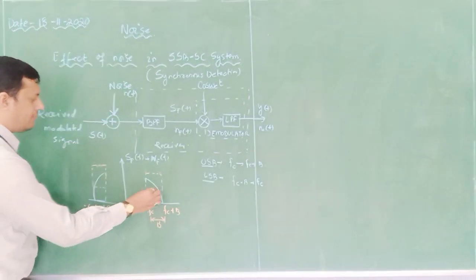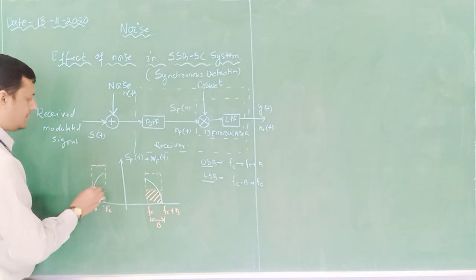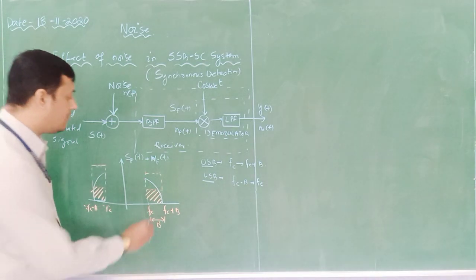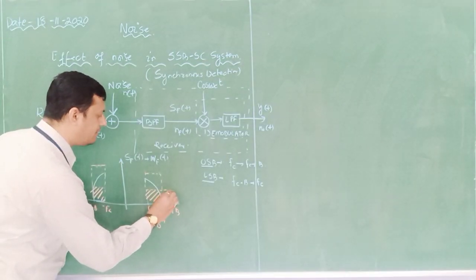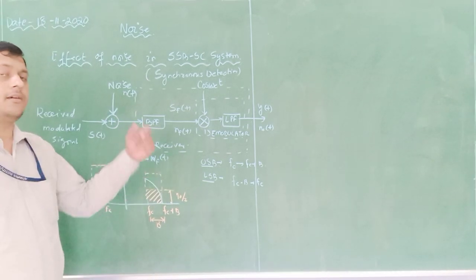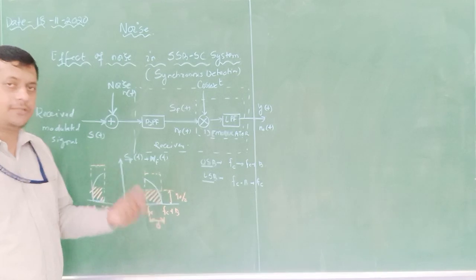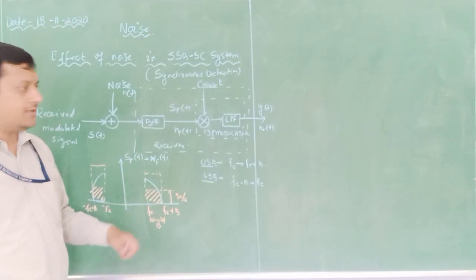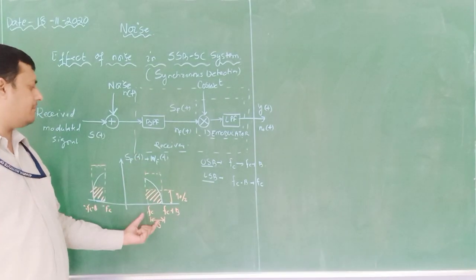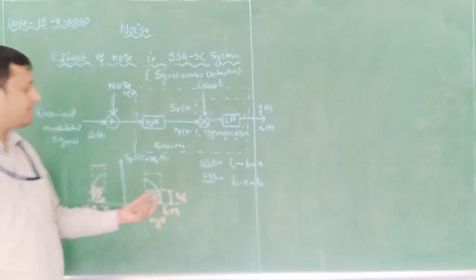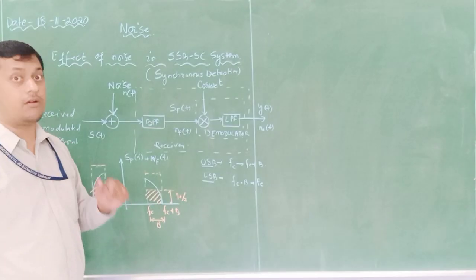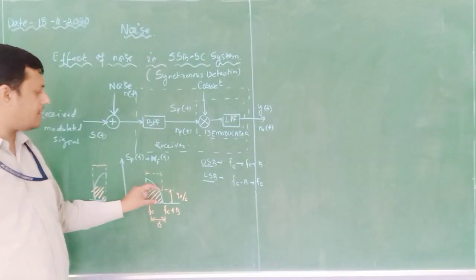Now due to the presence of noise, it will affect my upper sideband signal, and I need to identify what the amplitude is. It depends upon eta naught by 2 that we have seen in our previous diagrams, with respect to the DSB-SC signal and the AM signal. Here, suppressing the carrier component, only the sideband is available. So I am projecting only the upper sideband, and that too with addition of noise. What sort of noise? It is white noise, or additive white Gaussian noise, whose power spectral density is eta